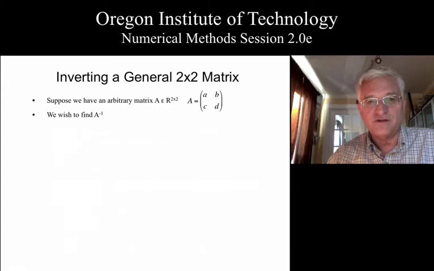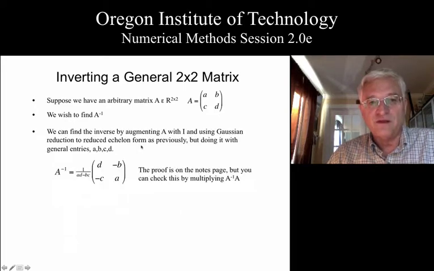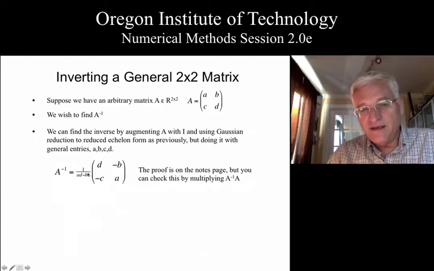Now, if we were interested in reproducing this 2 by 2 inverse process using a completely generic 2 by 2, we could do that. And again, if you remember from your linear algebra class, there was a formula that we had that allowed us to write down immediately what that inverse was. Now, I'd like to draw your attention to what's in the denominator of this fraction. What we see here in the denominator is something called the determinant. The only way A inverse can end up being non-defined is if this denominator is 0. In other words, if the determinant is equal to 0.